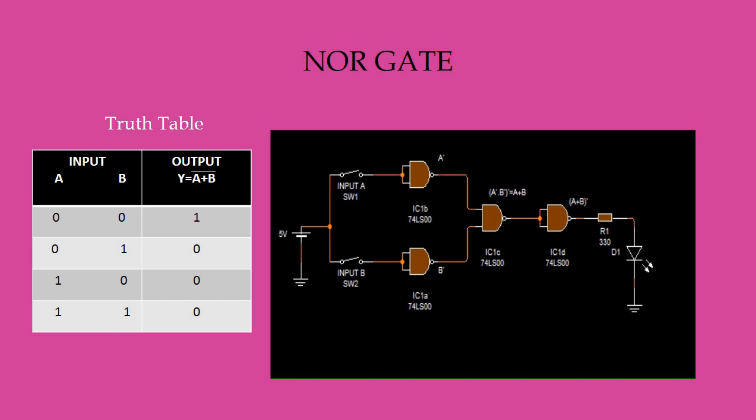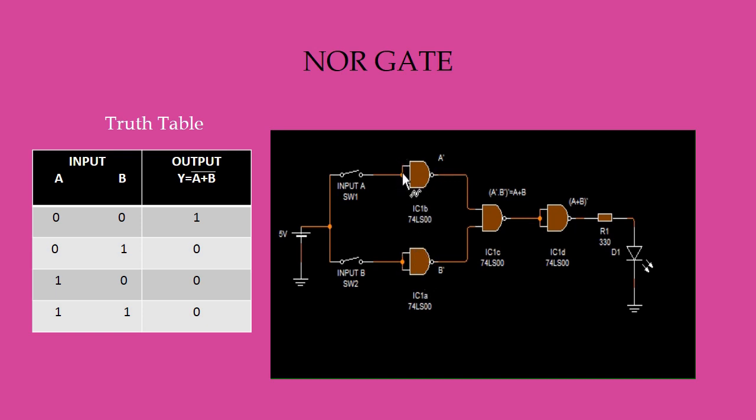So this is the NOR gate circuit implementation by using NAND gates only. Here we use 4 NAND gate chip. One is connected here, one is connected here, and the 2 are connected here. Chip number is 7400. This 2 input line has been shorted. This 2 input line of this NAND gate also has been shorted.